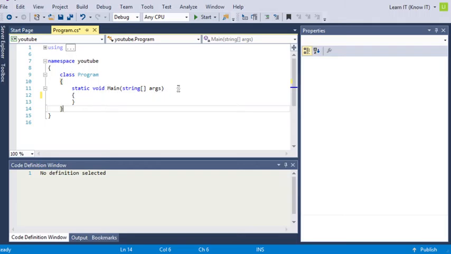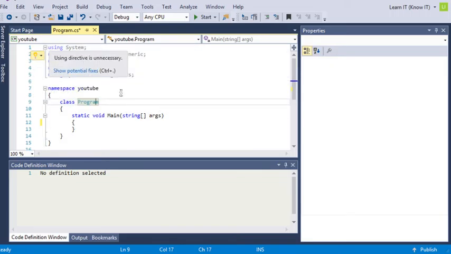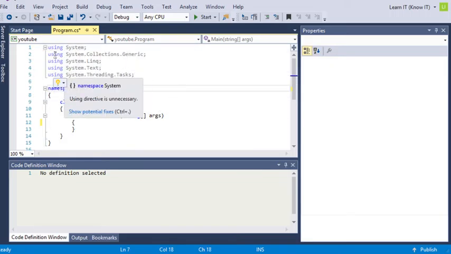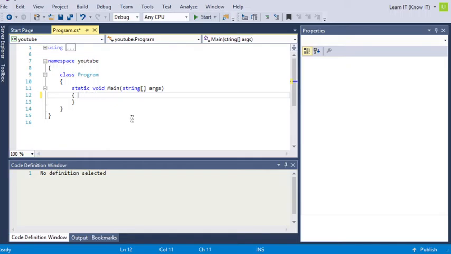Sorry about that. Now, if you remember some other programming languages, we've got these in them. We've got the class as well, which is program, using namespace YouTube, also using system and so on. Now, from here, again, since we're doing a Hello World program, all we need to do is just a simple